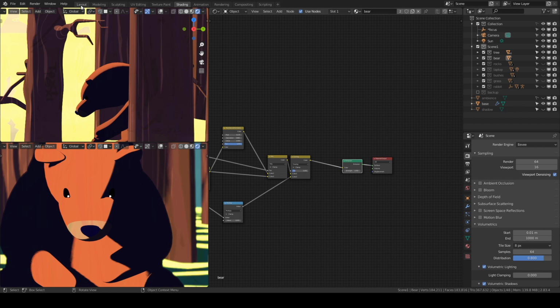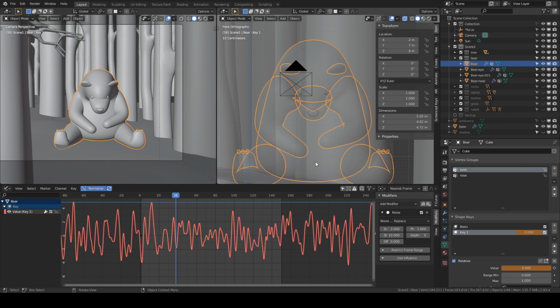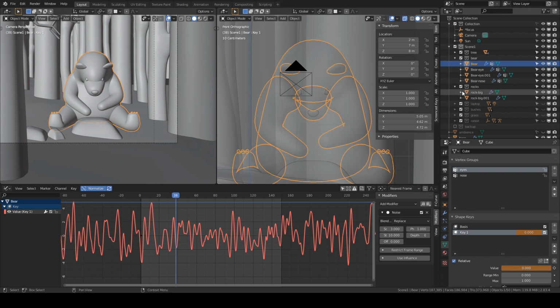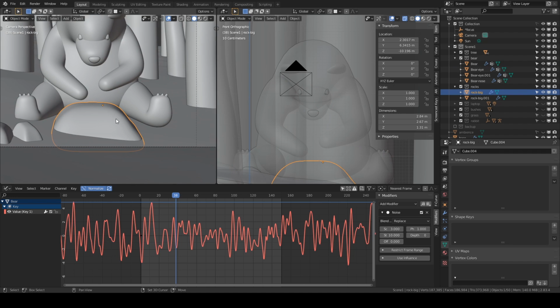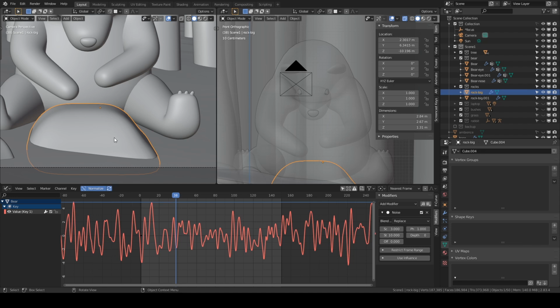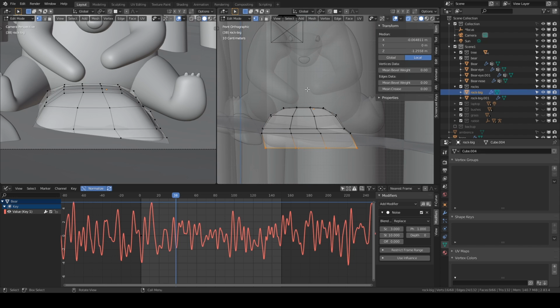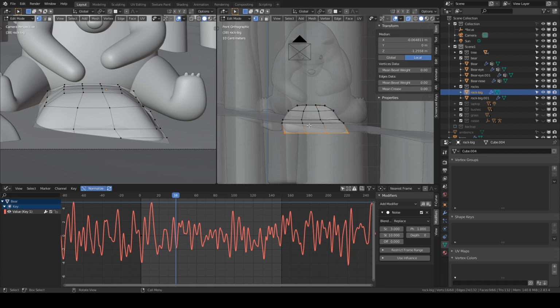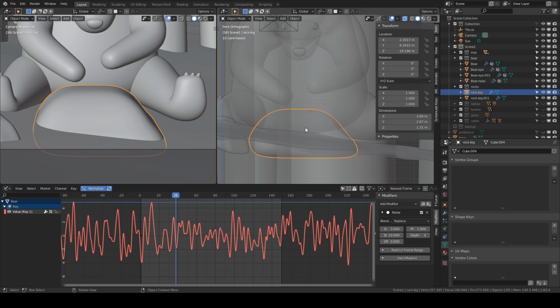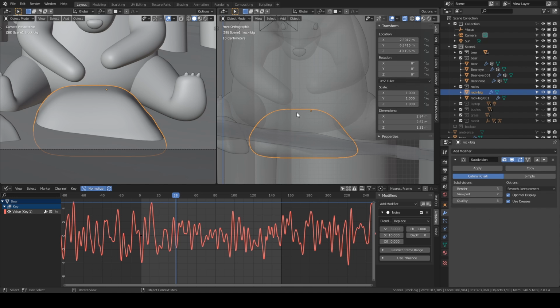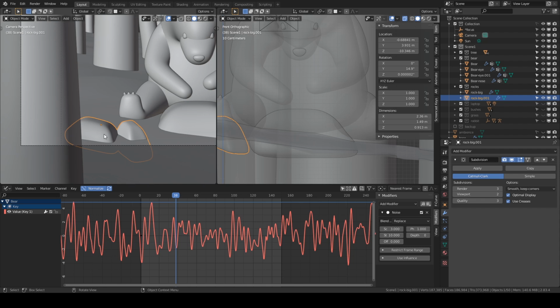Next I made the rocks in the lab. So if I turn this on, I made a few rocks. For this I didn't use the skin modifier. I mean I could have used it, but it didn't occur to me, and I thought shaping a cube is much easier than making it using the skin modifier. So it's just a cube, highly subdivided, and a couple of different variants of the same rock, scaled and all.